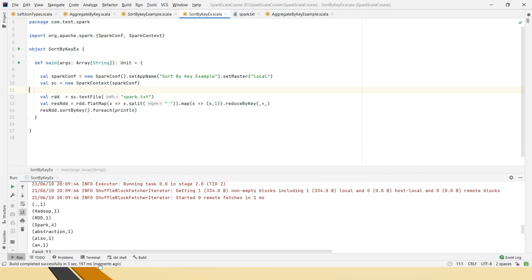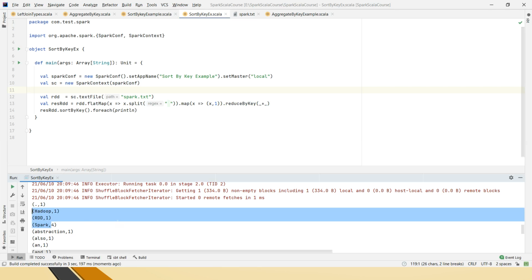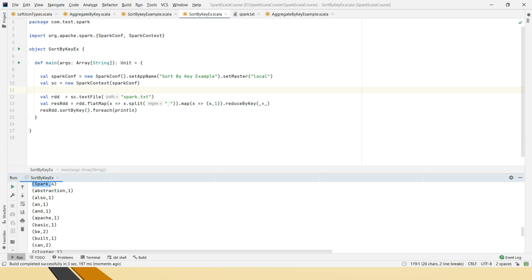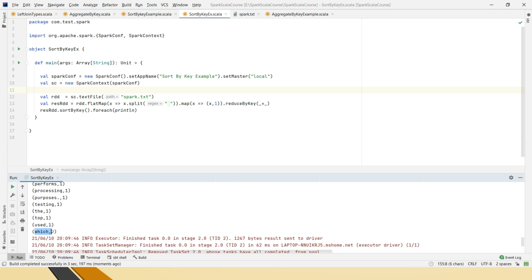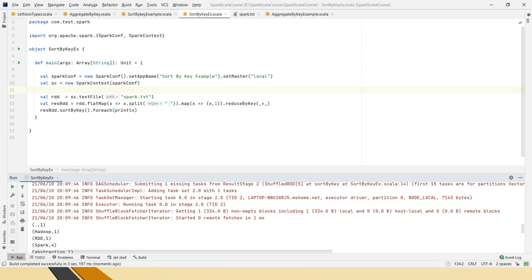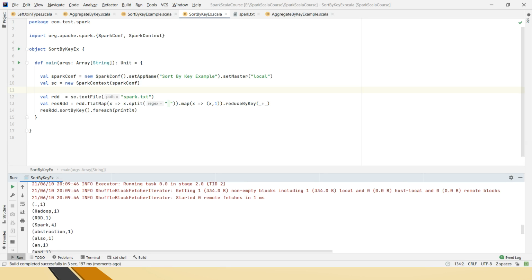Yeah, this is the output. Here if you see, first it has taken the special characters, which is the full stop, then the capitals, and kept them in ascending order. You can see first A, then B, then C, D, F, and so on. Last is W. So all the keys are sorted because we have not mentioned anything, and by default it is ascending.